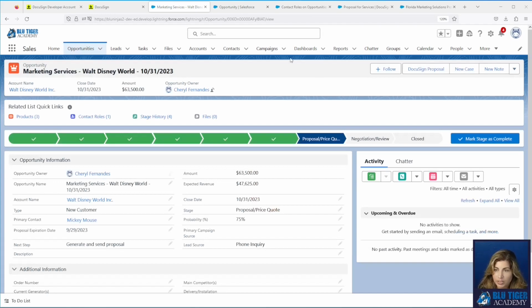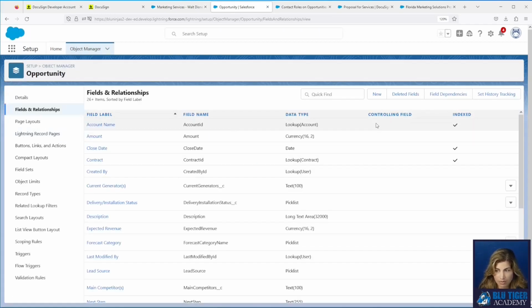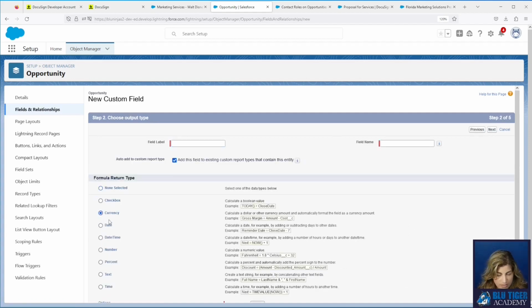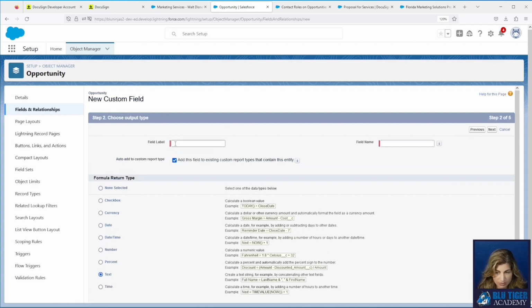The first formula field that we need to create is our amount field. We'll click new here. This will be a formula. And you can't choose currency as the type because you'll be in the same boat. So we have to create a text field, and this is going to be called amount for DocuSign so that you know where and how you're using this.